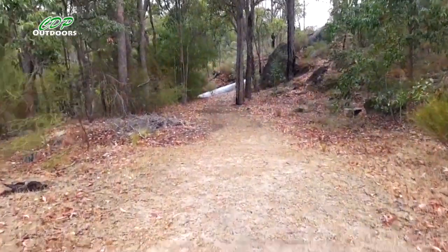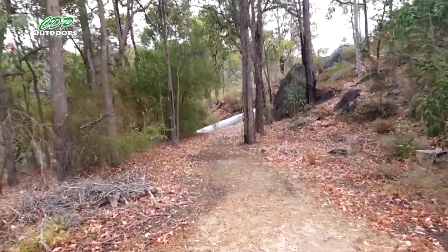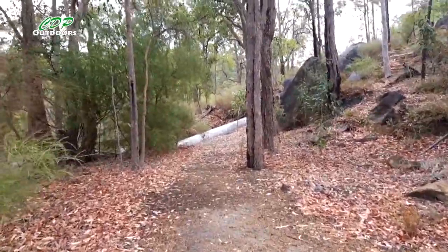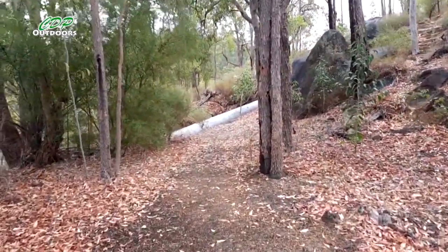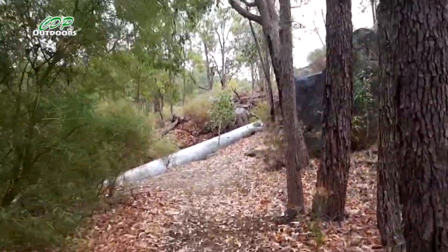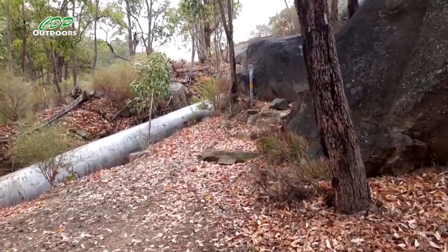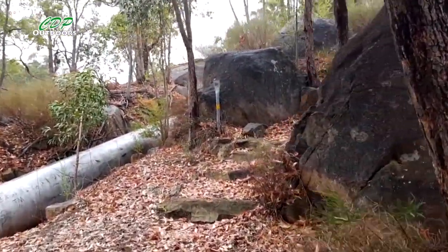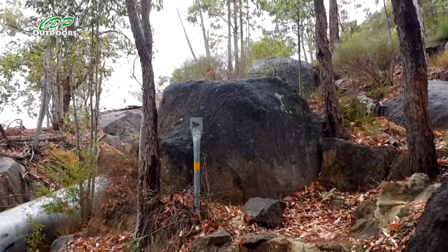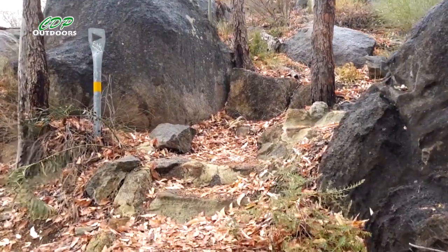Since the end of the dam, at one sign that said go left, I haven't seen any more wargles until this point here, where the pipe goes. We will see here shortly, there is a pole with a yellow band around it, and the wargle triangle in the top of it. So I'll be climbing up